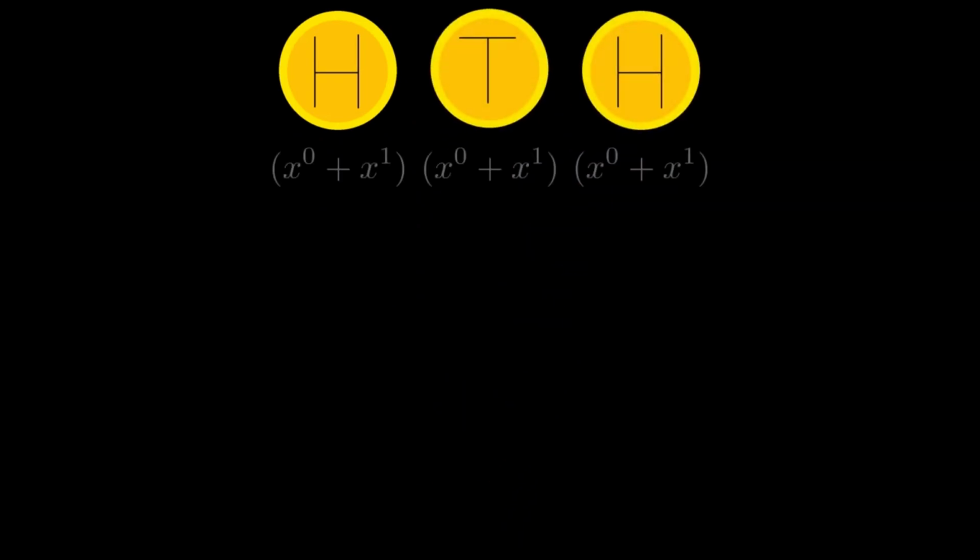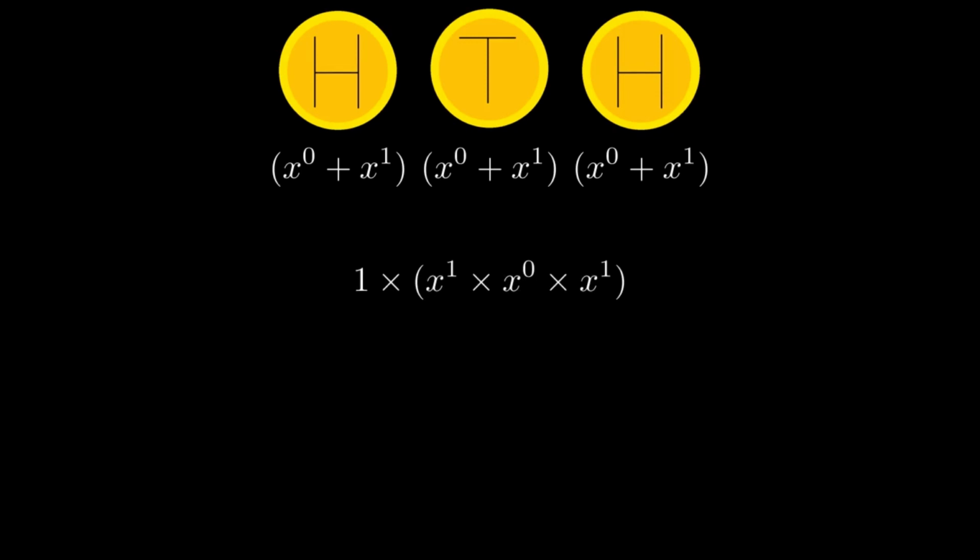Suppose we flip 3 coins. We get heads, tails, and heads. X to the 0 plus x to the 1 contains all the information about what could happen, and in each case, x to the 1, x to the 0, and x to the 1 are what did happen. This overall outcome of specifically heads, tails, and heads is captured by multiplying each of the individual outcomes together. There's only one way to flip heads on the first go, to flip tails on the second, and heads on the third, so multiplying the coefficients gives all the ways that the combination of the three can happen.